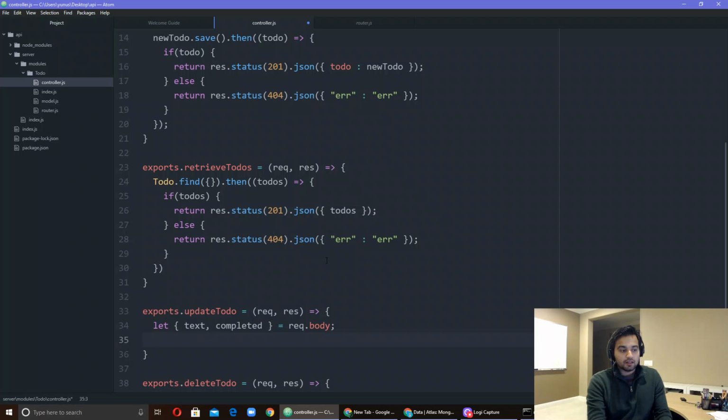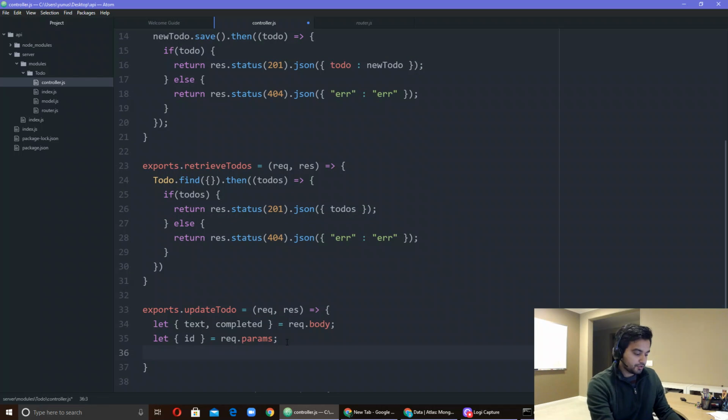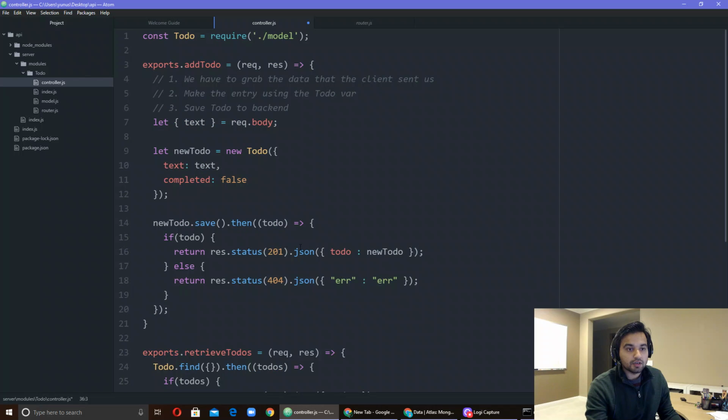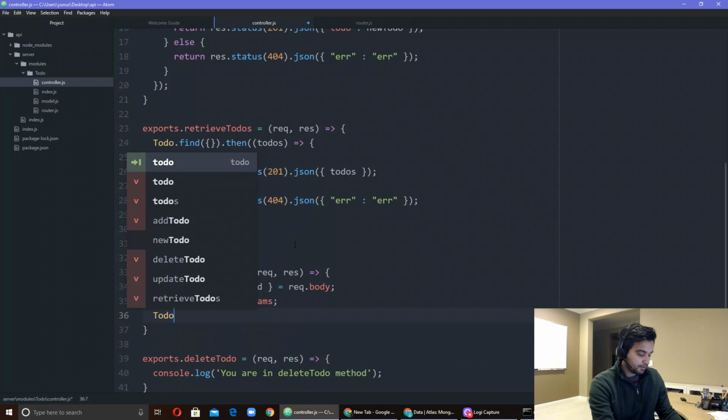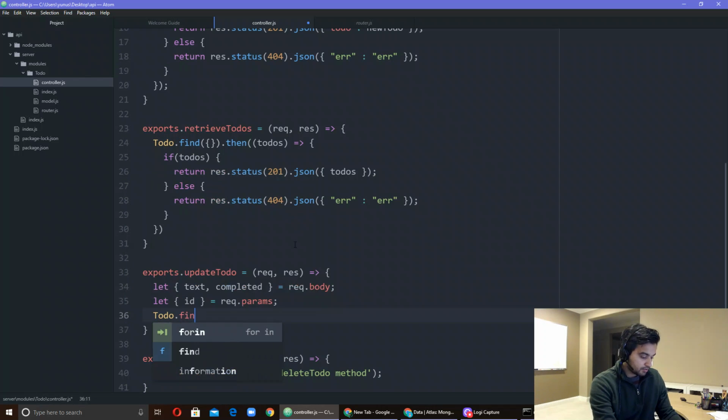All right, and then we can get the params. We can get the ID from rec.params. So rec.params is how you get IDs from the URL. All right, so let's just do let ID. So now what you do is you basically do todo, and it is todo, right? Todo dot findByIdAndUpdate,